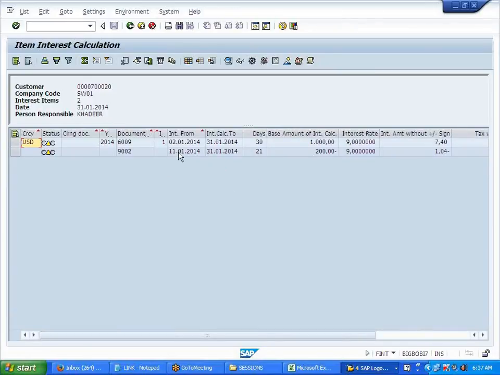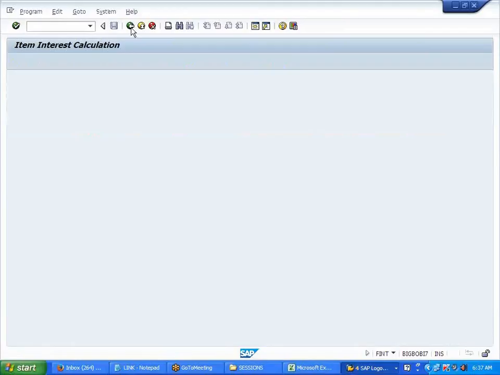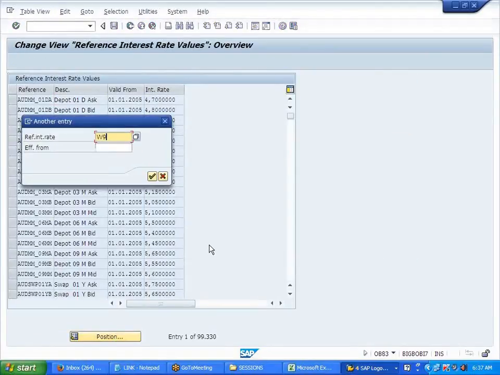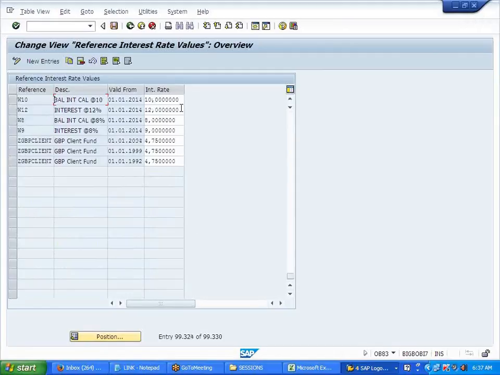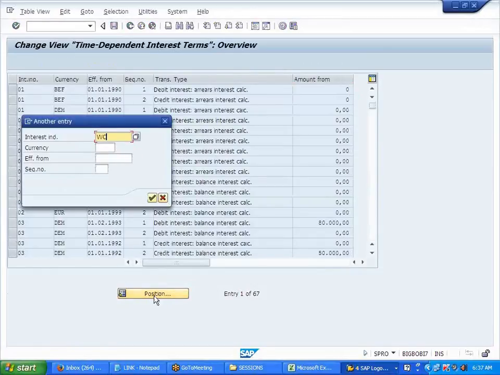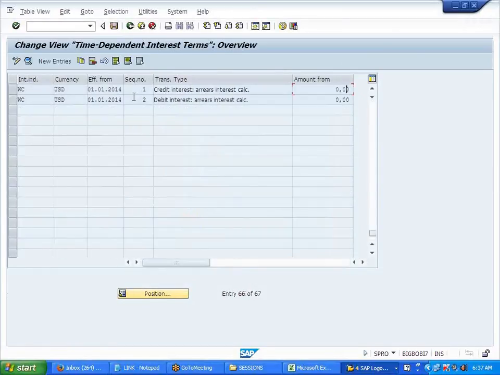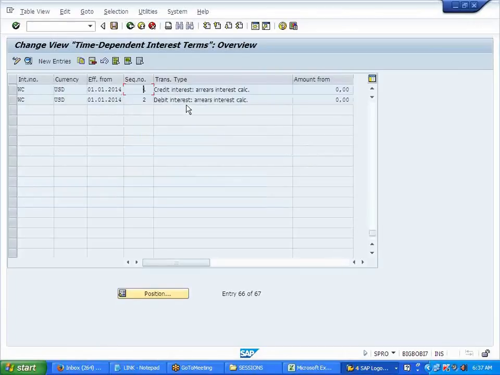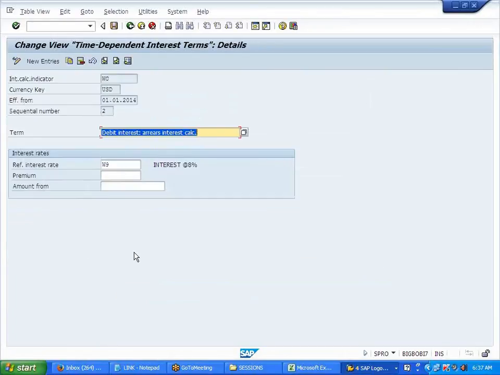Remember this one, goods returns. Position W9, W12. Now I'll come back to this time-dependent and verify WC on the credit items. It should calculate 12% credit interest, but it is calculating the debit side 9%.